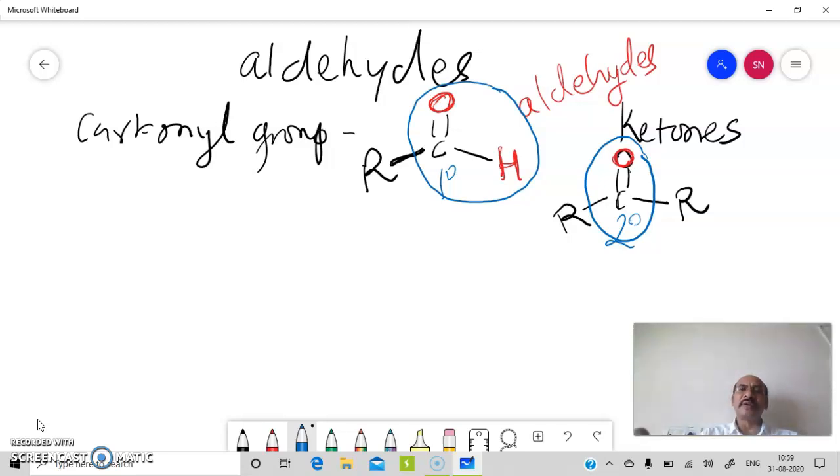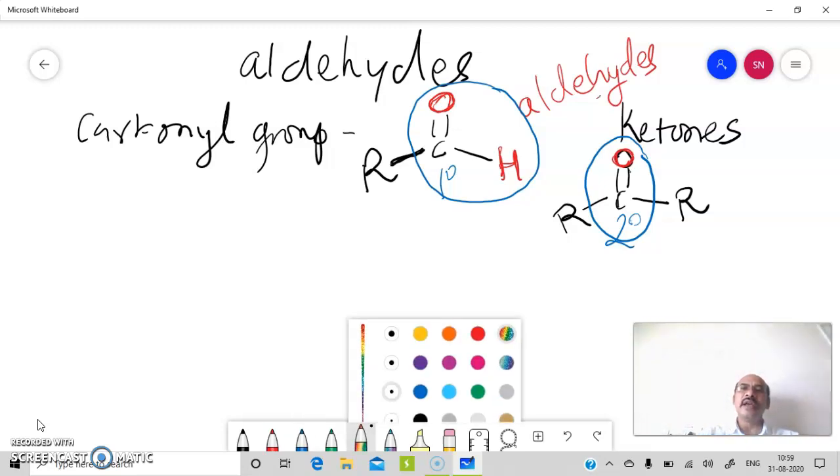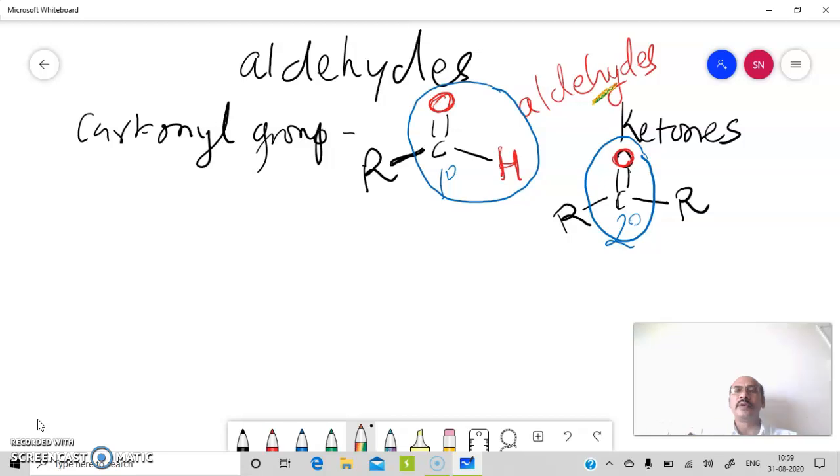So as a trick, in the name aldehyde there is an H. And even there is a special H, that is hydrogen directly connected to carbonyl carbon. In ketone there is no H and there is no special H. Yes, hydrogens will be there on the carbon skeleton, the hydrocarbon part, but no direct hydrogen on the carbonyl carbon. So with it we will continue for detailed study of aldehydes.